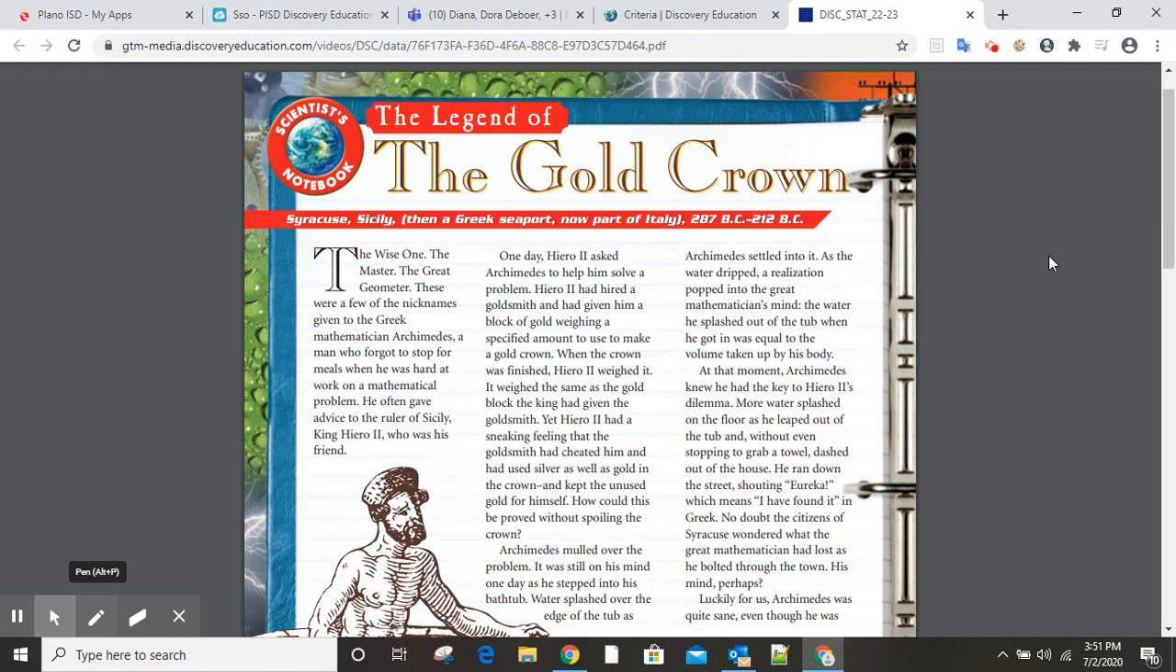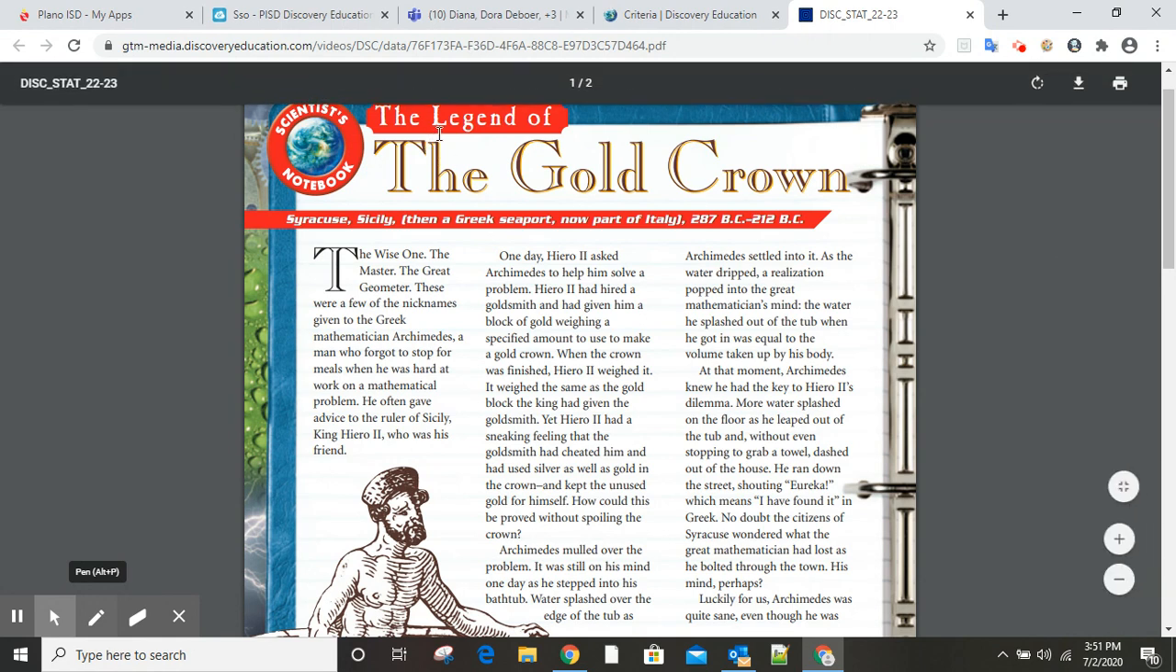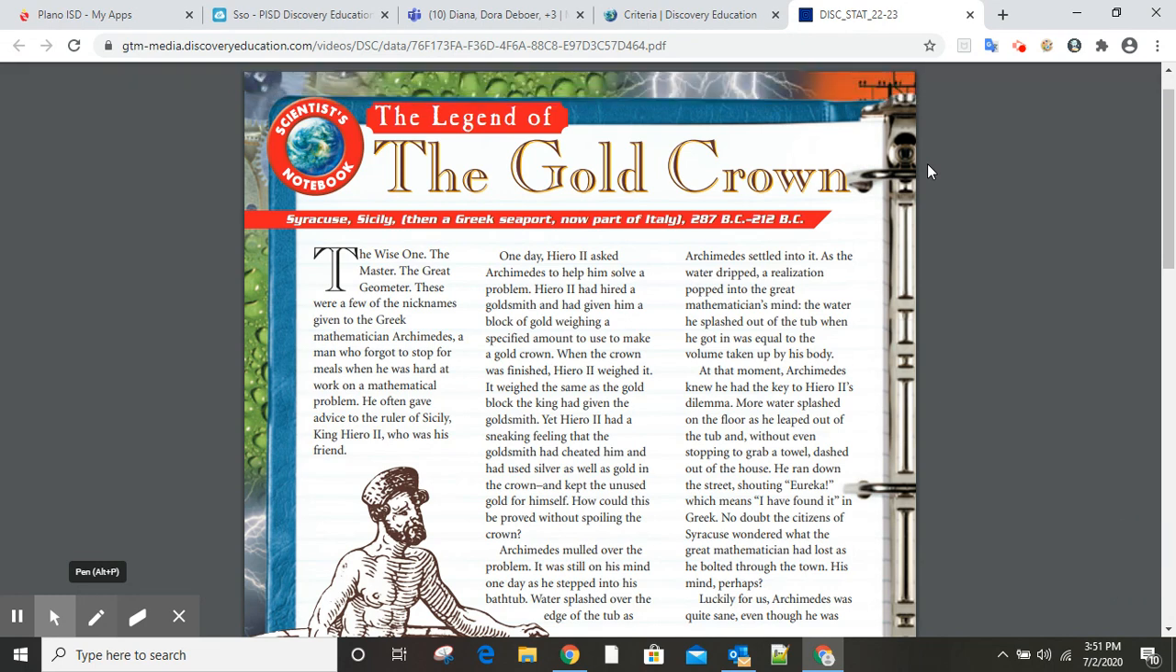Hello. I have a reading passage that we're going to take a look at. And the name of the reading passage is The Legend of the Gold Crown. Before I even start looking more closely at this reading passage, because I'm doing this digitally and not on paper,